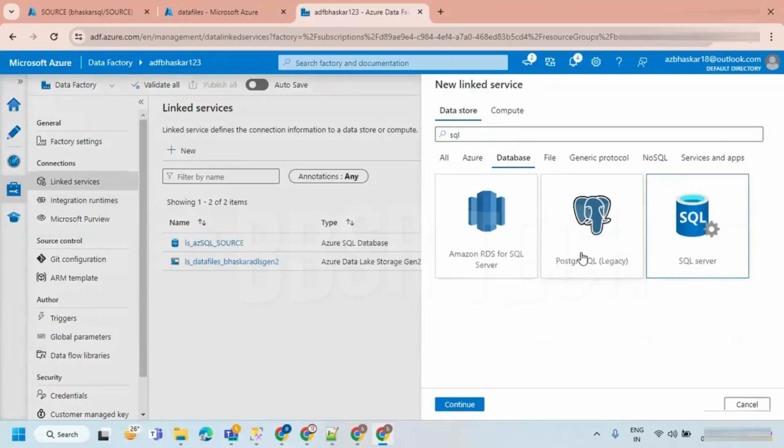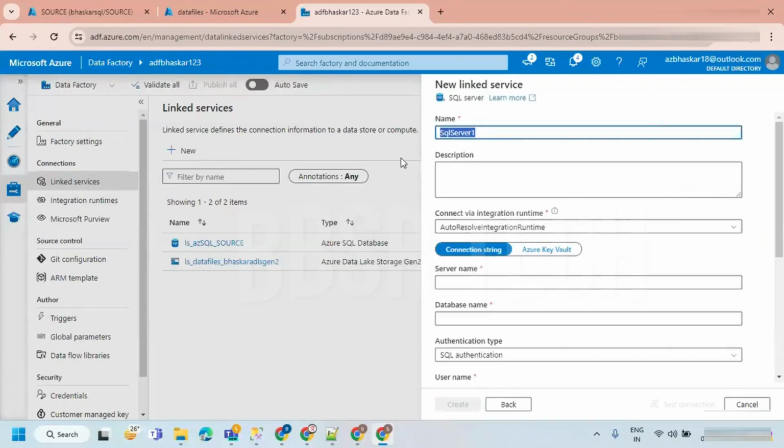PostgreSQL also has a connector here, so you can take whichever connector you require for the data source you have, to connect and bring the data. Let's name the linked service underscore on-prem data source, on-prem SQL.